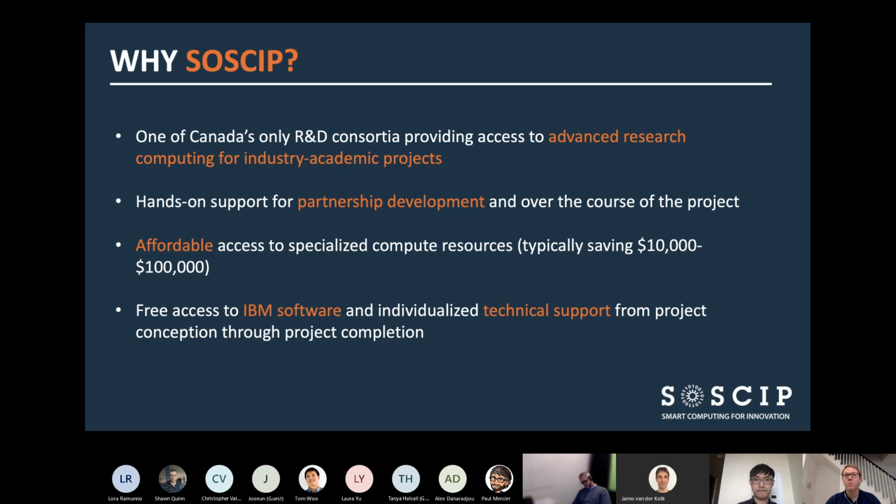It's the same fee whether it is one of our platforms or all of our platforms. So we really encourage our project teams to look at all of the computing needs that we can help support, and this gives you continued technical support for the duration of the project as well.